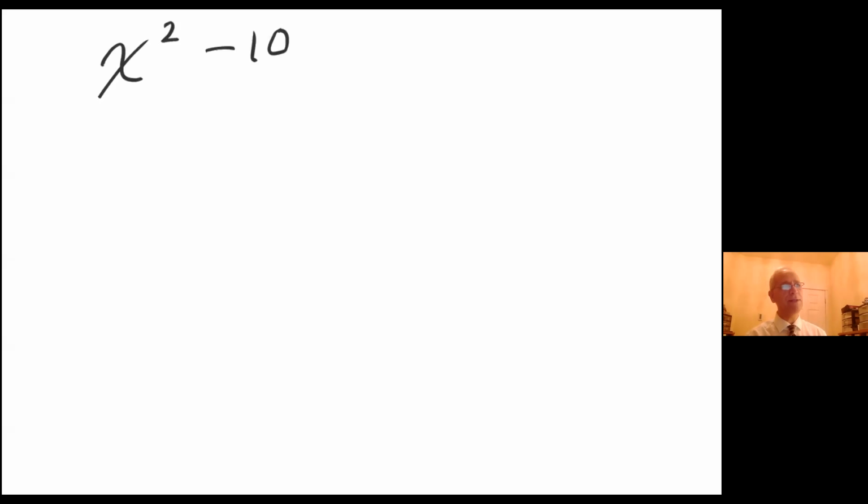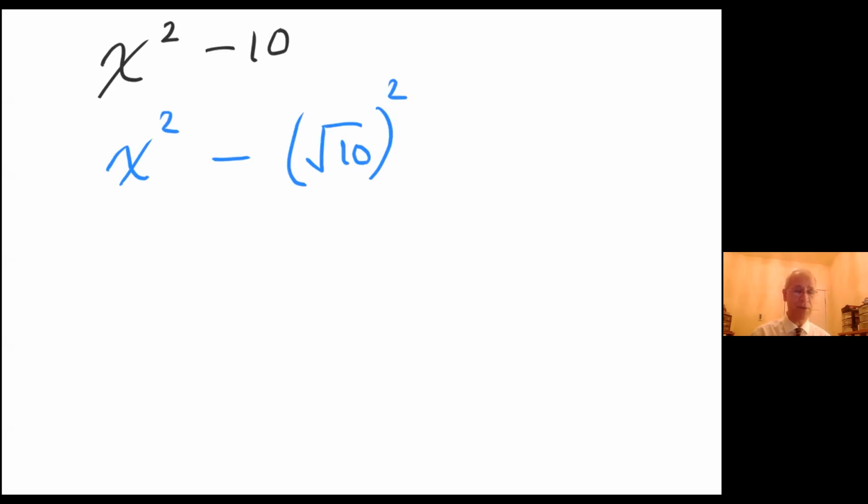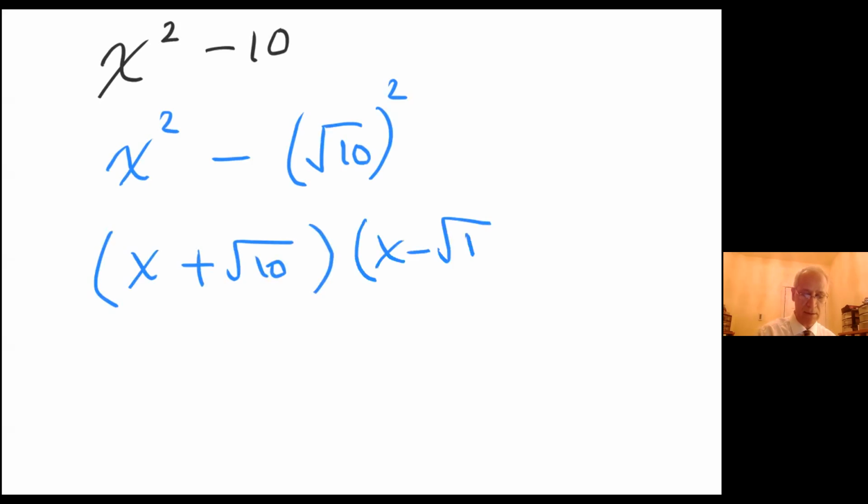Although 10 is not a perfect square, I can rewrite this in terms of x squared minus the square root of 10 squared. So can you factor that? The answer is absolutely. You can factor that to x plus root 10 times x minus root 10. You won't see this very often, but